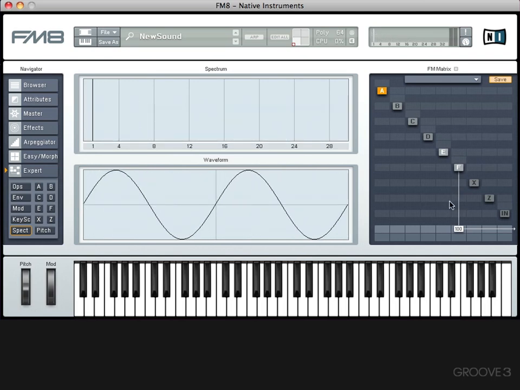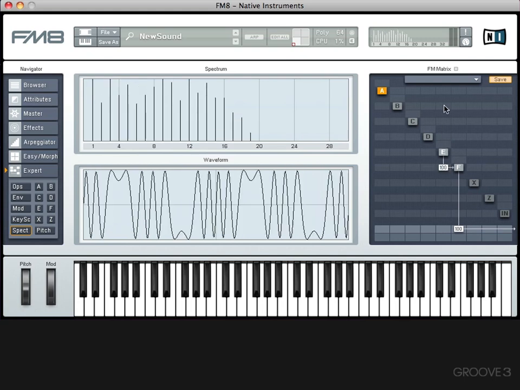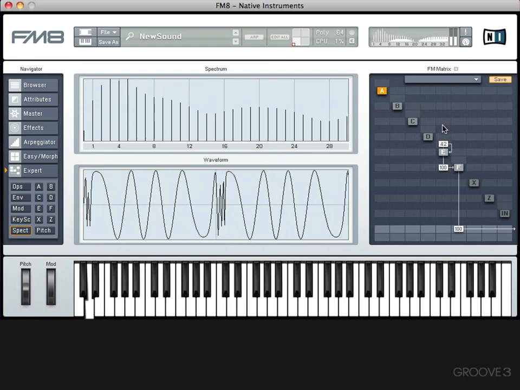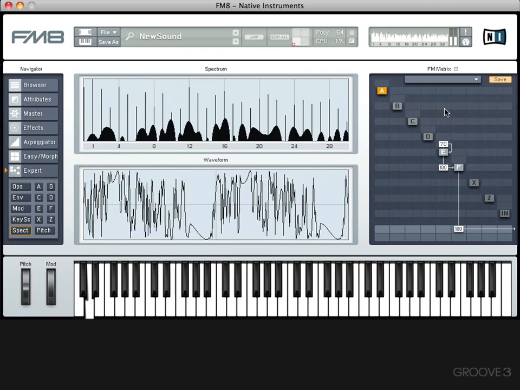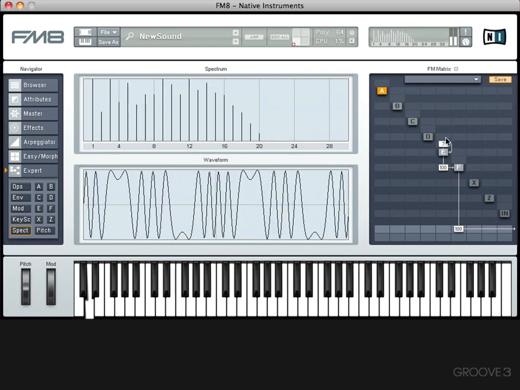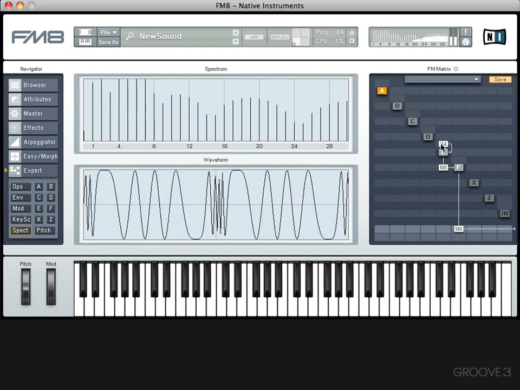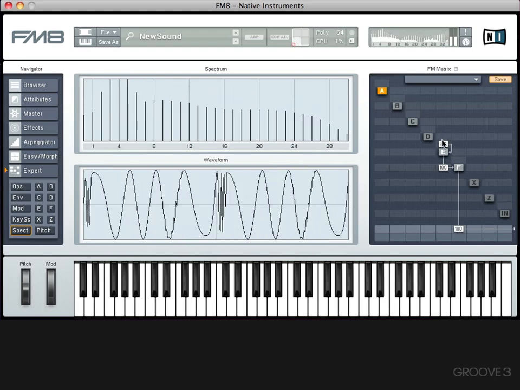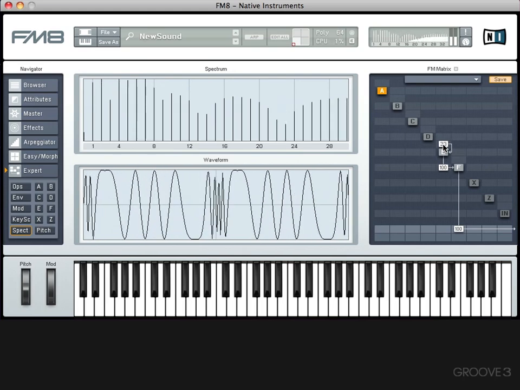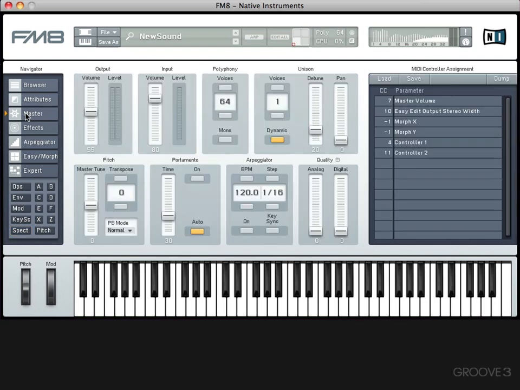So that's pretty cool. And of course, if your carrier is being modulated by a modulator that's feeding back on itself, that can give you some pretty interesting timbres. You can see why FM8 is really good for sort of for growling, talking bass sounds. Listen to that. If I go to the master and turn up the digital distortion a bit,